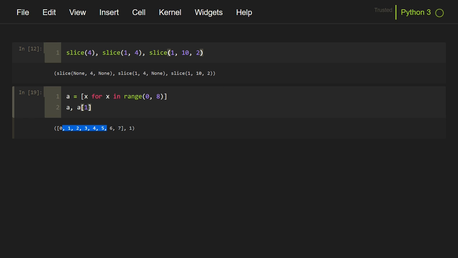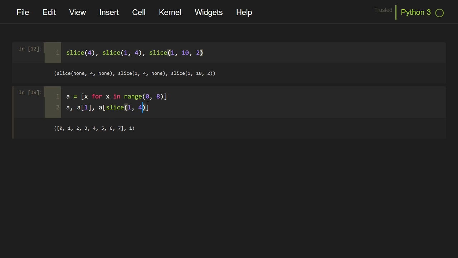So this is our original list and the first index element is 1. Here we are using a list whose elements are equal to its indices so that we can understand how this indexing and slicing works, but this can work for any type of list. Now you can pass the slice object that we generated above inside the square bracket like this.